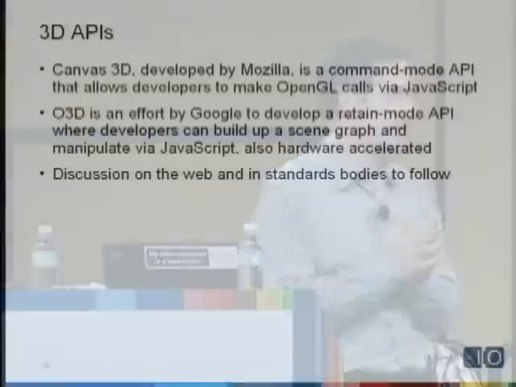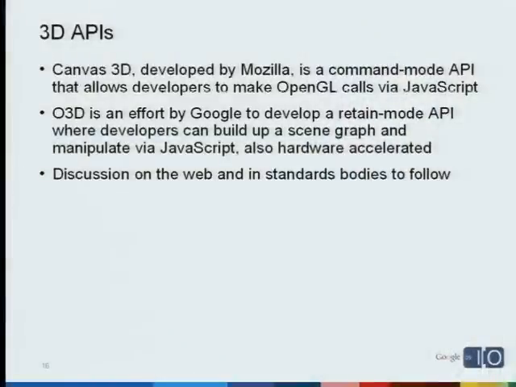3D graphics. So this is an area I'm personally very excited about. There are two big efforts that have been going on in this area that we've been contributing to with Chrome. One of them is Canvas 3D. Canvas 3D is a system developed by Mozilla, an immediate mode API that allows developers to make OpenGL calls from JavaScript. OpenGL is one of the dominant 3D graphics APIs that we'd use from Windows or on the